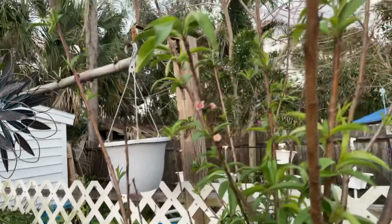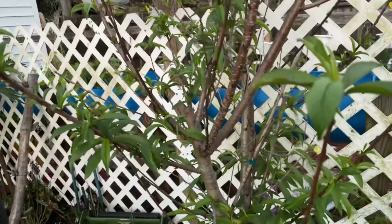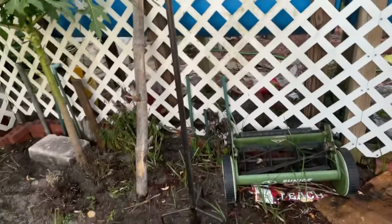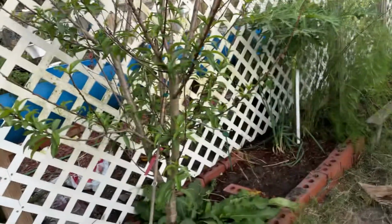My peach tree has got some blooms coming on it. And it's looking pretty decent. I mean, I just don't understand. The first blooms that were over here have pretty much dried up. Now that one, it didn't dry up, so maybe it's got a fruit there. I don't know. We'll see. But I moved this wind thingy over here because it was over there, and I want to move the asparagus all the way down through here. I want this whole bed to be asparagus,